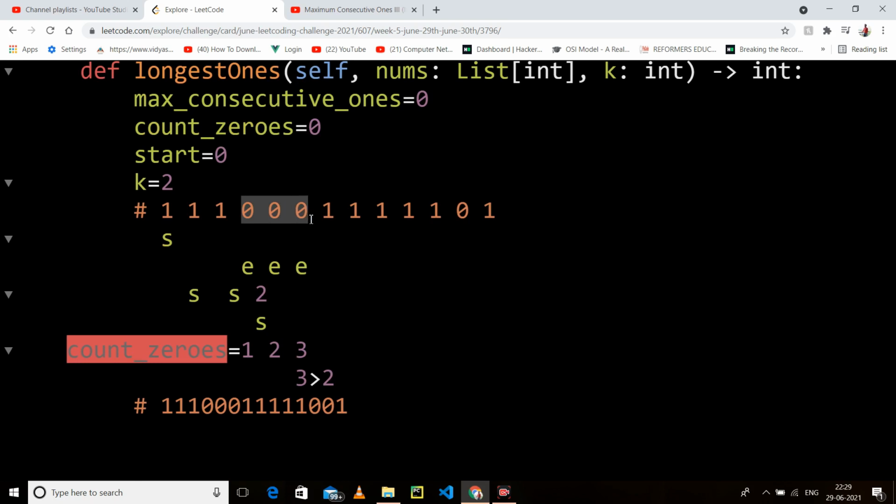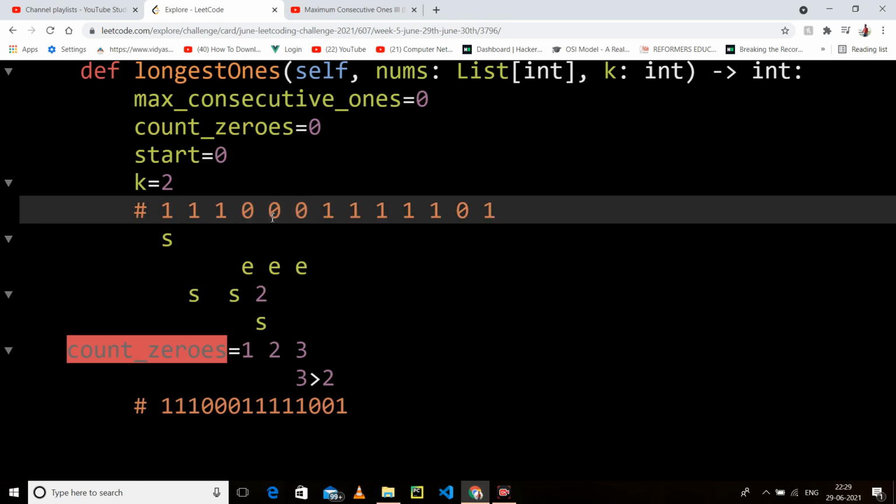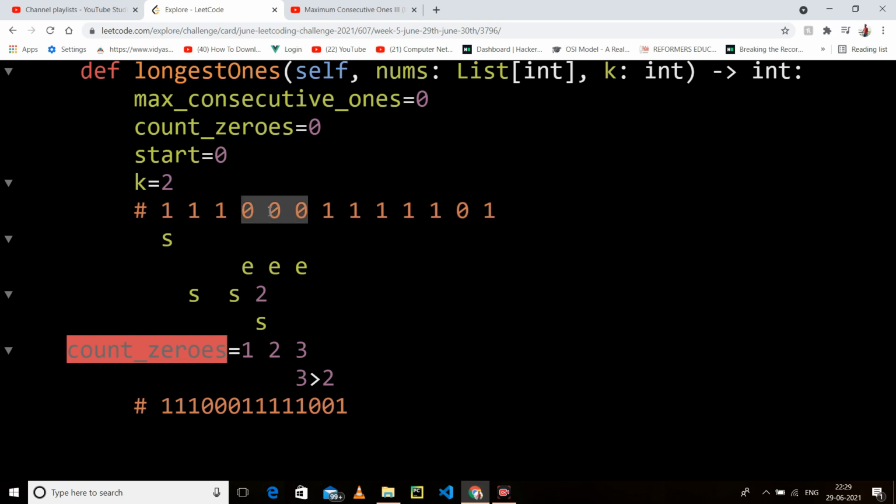Okay, so previously I said something wrong, because this is a complete window. Now the next window can start from here, can start from here, and can start from here, but here we have to hold 3 zeros.